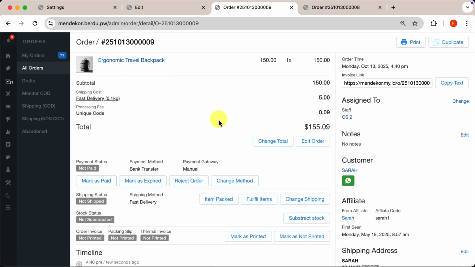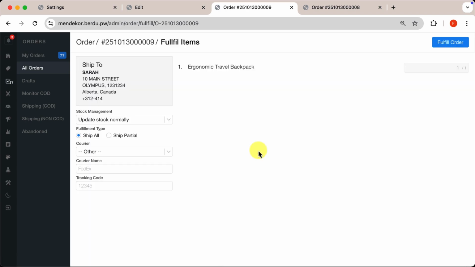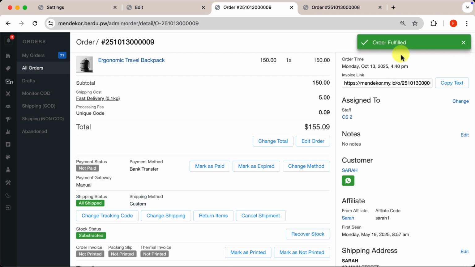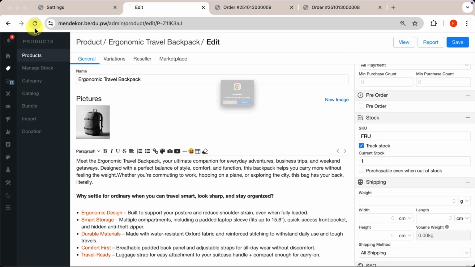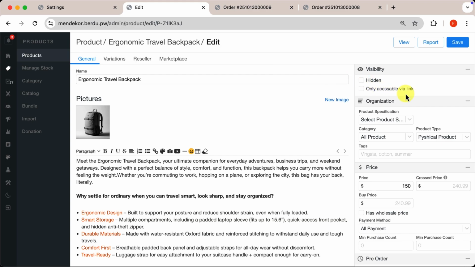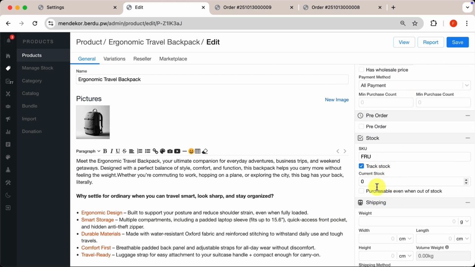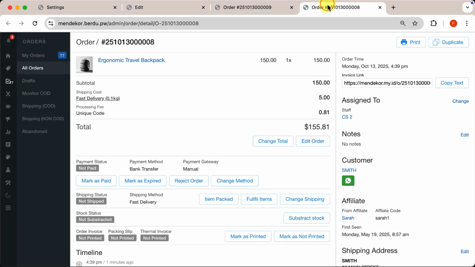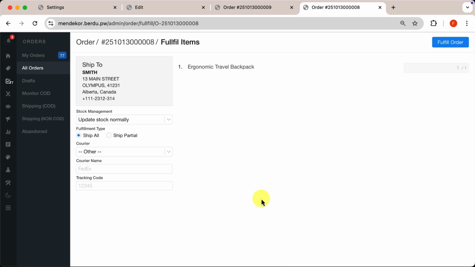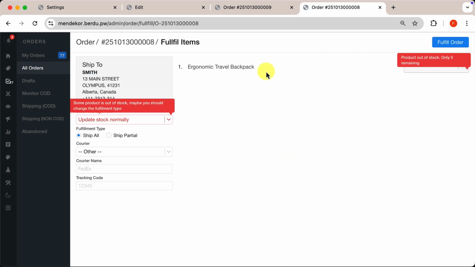On the first order, click Fulfill Items, then Fulfill Order. Go back to the Edit Product page, refresh the page, and the stock has decreased. If we then try to ship the second order, a message will appear saying the product is out of stock.